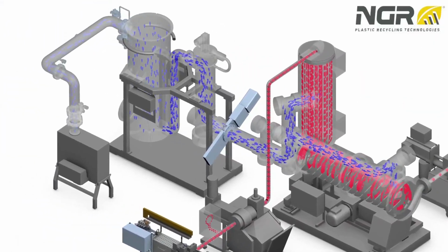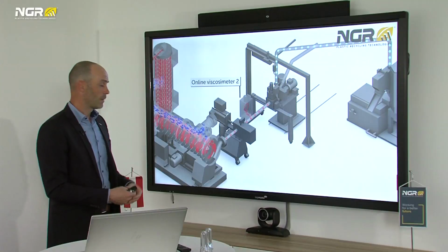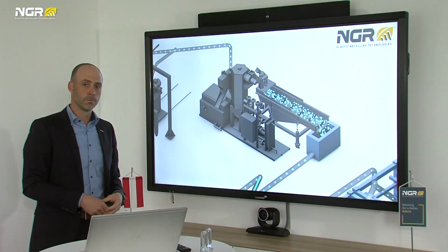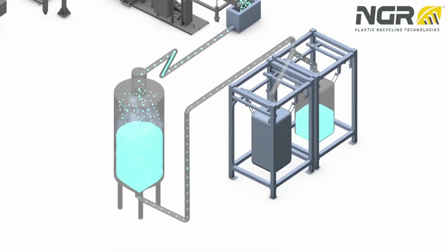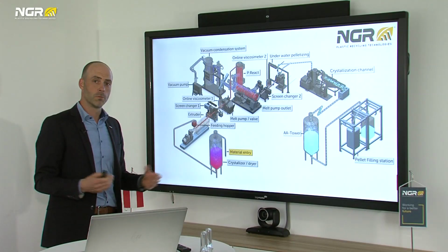The vacuum and condensation unit is connected directly on the Lsp system. After the Lsp reactor, we have the final filtration system here and we have the online viscosimeter to measure the viscosity and control the viscosity. Then the material is crystallized and takes a rest in the dealloidization system before it will be filled in the